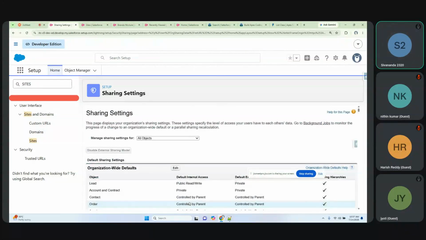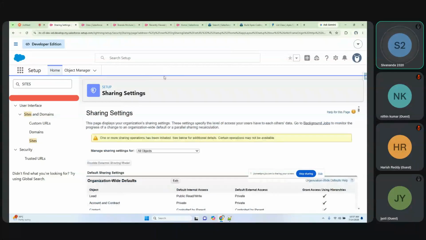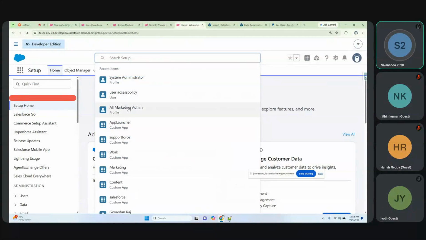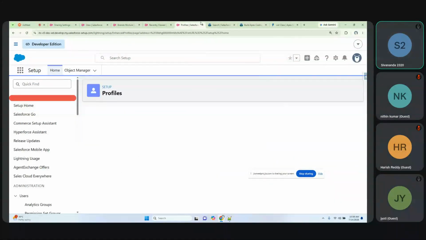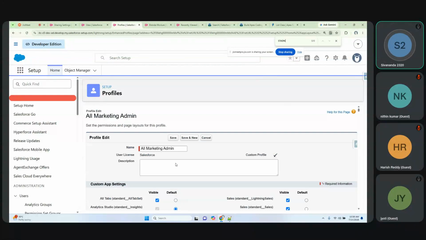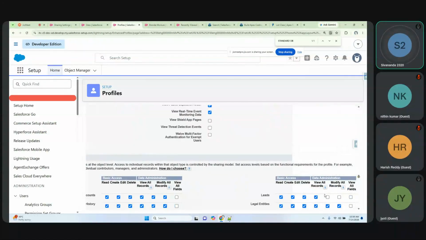Now, in the last class, what we did is we made the lead object private, and we removed the modify all and view all at the profile level for this marketing admin. Then we logged in as this user, Govardhan, and we saw that he is not able to see any lead records except his own records. If I remove the view all modifier here on the lead object permission,